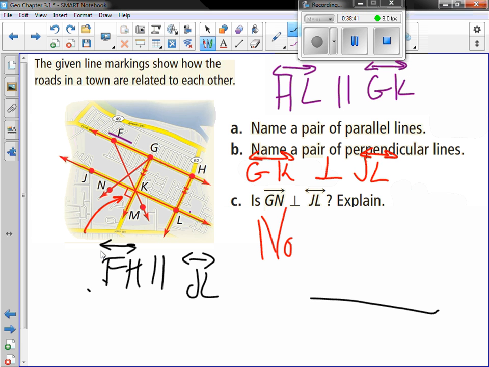And with our alternate interior, alternate exterior, corresponding, interior angles, we'll be able to use those properties that we're going to learn to show that these 2 are parallel. We're going to be able to show that these 2 are parallel using these properties here. But for now,